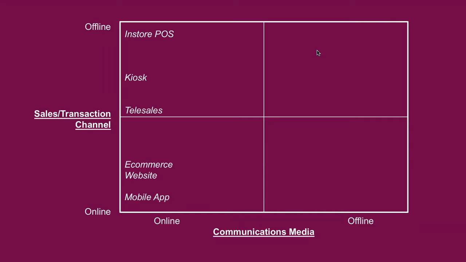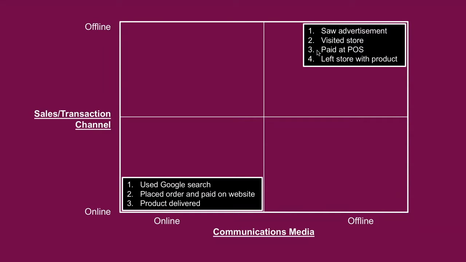Where are they actually making purchase decisions, placing orders, making payments? And again, you've got the spectrum from being in store and standing at a counter and paying with a credit card through a point of sale system, right through to having an app in their hand on their mobile device and making a purchase. So what we've seen a lot of customers go through is this evolution where this world